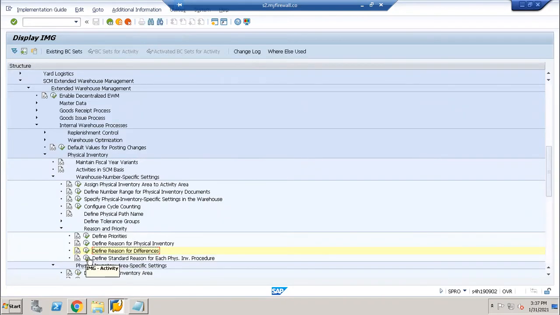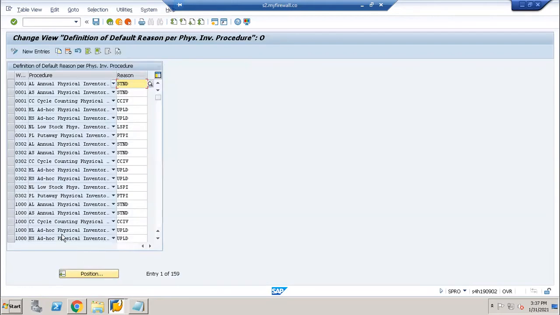What are the standard reasons for each physical inventory procedure? These are the standard reasons. For 1710, annual physical inventory is the standard. Then AL.